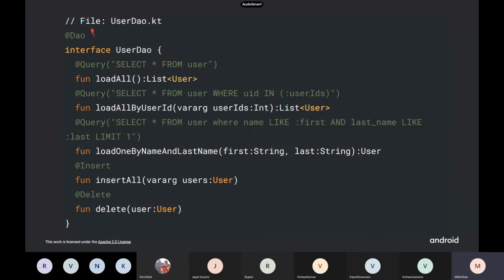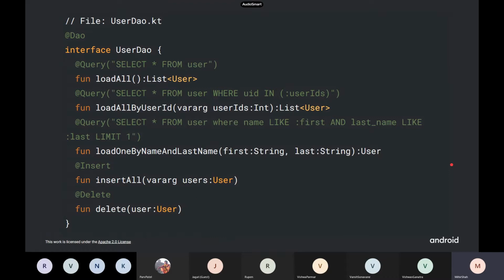Moving forward, this is the DAO file, UserDao.kt. It is an interface file, and it has the methods defined and annotated by Query. Now, this query can be the same as you have learned in SQL, if you are familiar with that. And it defines functions to implement those methods. Insert, delete functions.